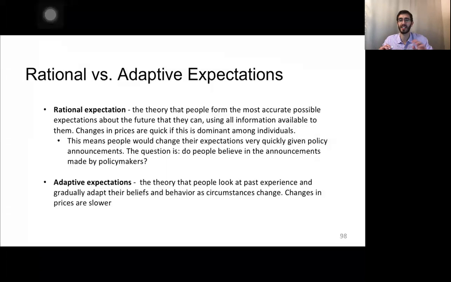Adaptive expectations are a little bit more careful with changing their view. They slowly change their view. So if we're going through periods of high inflation and the government comes out and says, hey, we're going to lower inflation, a person with adaptive expectations would say, okay, but I'm just going to start reacting to that when I see the data changing, because I believe a lot in past experience, and it takes a lot for me to gradually change to a different view. So those people will not change their view as quickly, making their reaction to economic news slower as well.